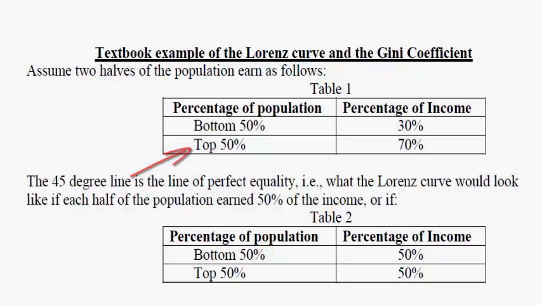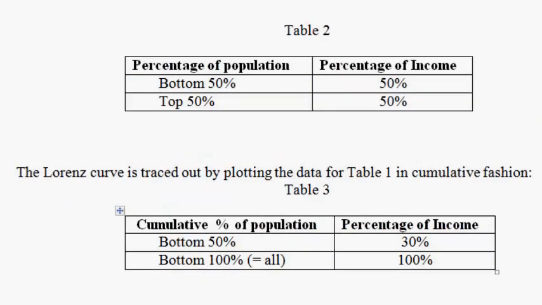When we accumulate, we would say that the bottom 50% has 30% of the income. The entire population has 100% of the income. So you see the difference between the 30 and the 100 is the 70% of the income going to the top group. Table 2 makes the assumption that each group has half of the income,